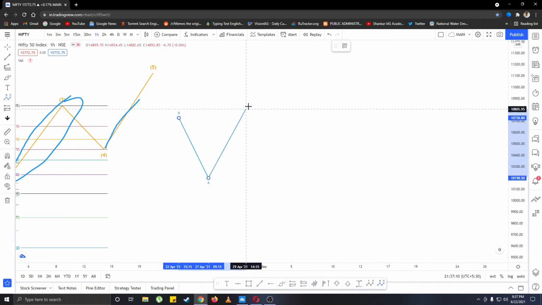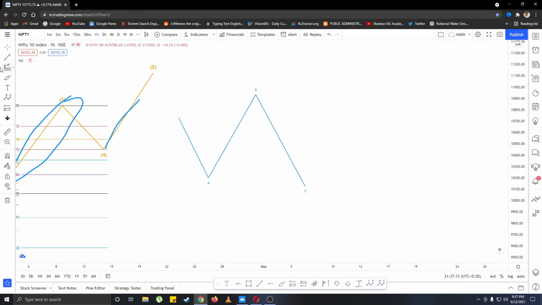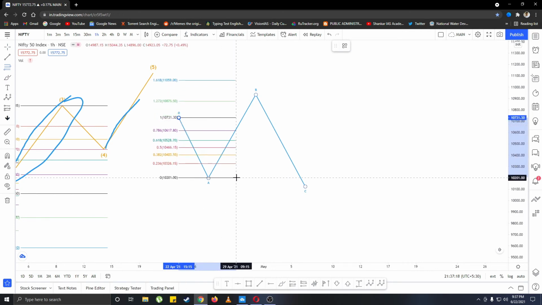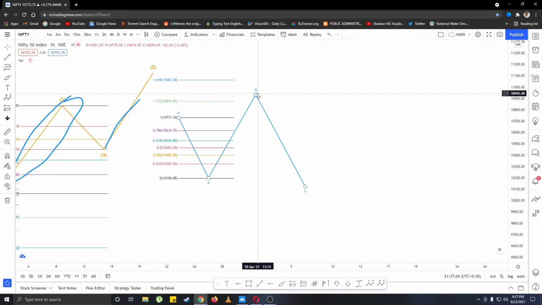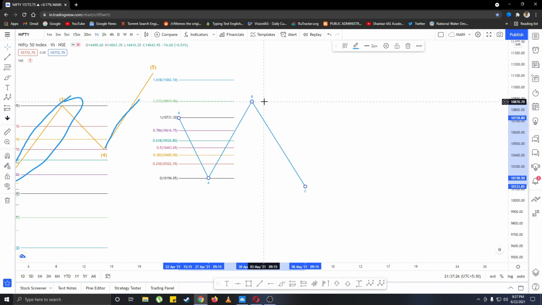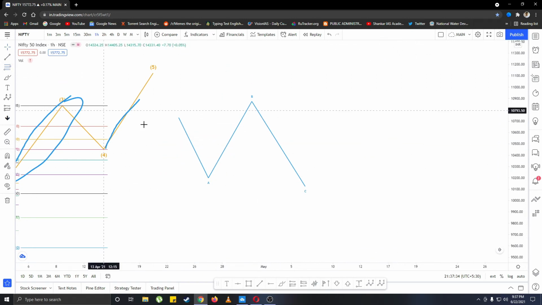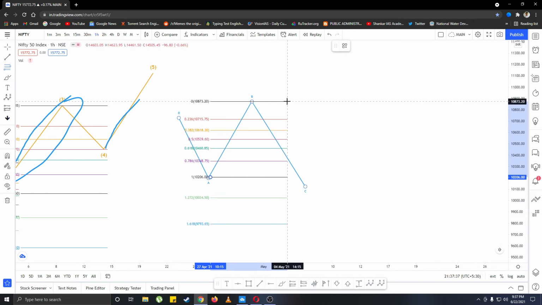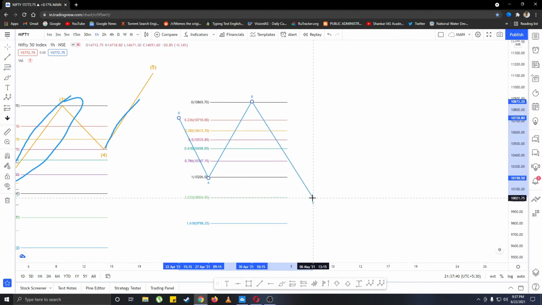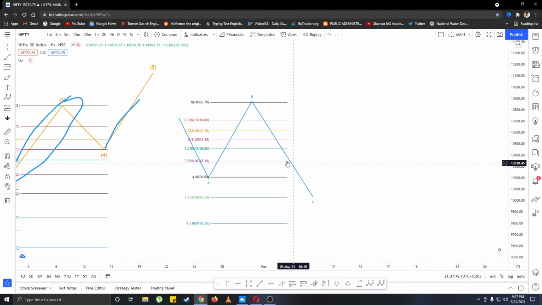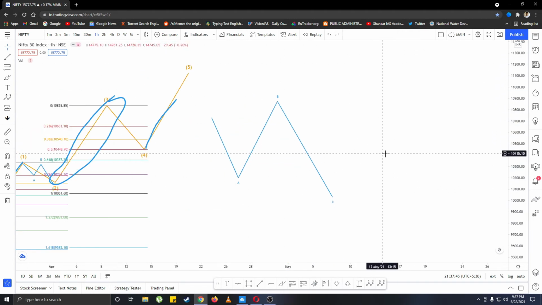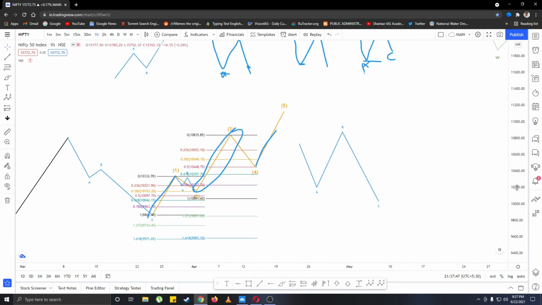If we have an extended flat, we see that if we take retracement from the starting of wave A to the end of wave A, B comes around 1.272 level of retracement. And then wave C, the same thing, we take the retracement from A to B, and wave C ends near the 1.272 area. This is the typical levels of wave C. Now I think all that is clear.